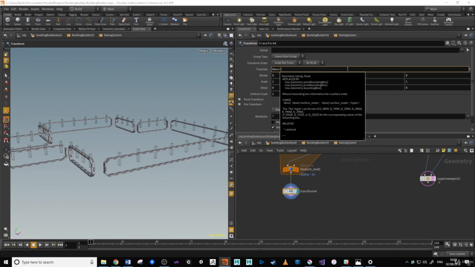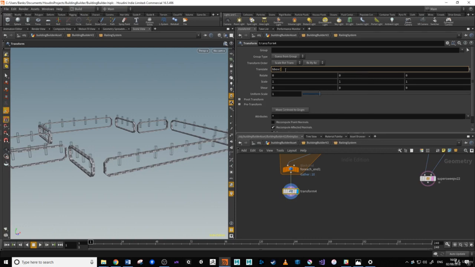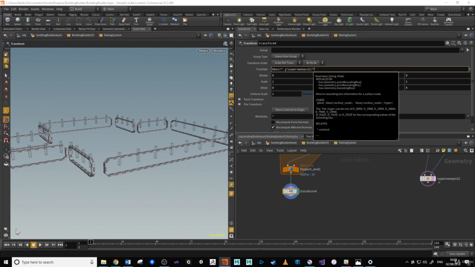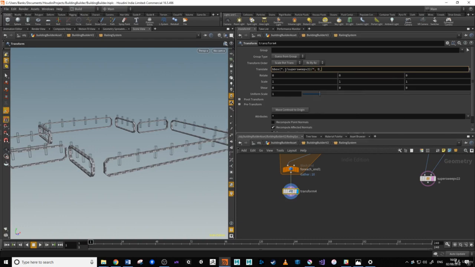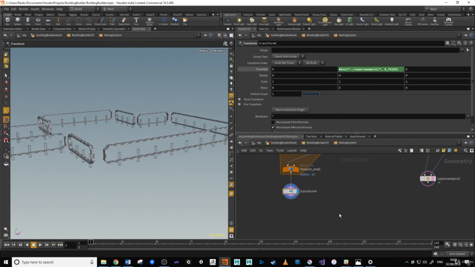And then we're going to provide it, as you can see here, it requires a surface node, so it requires us to reference this super sweep here, and then a type, and then it says it can be xmin, ymin, zmin, etc. So the node that we're interested in is super sweep v22. Make sure you pick the right one from that list. Close out the quote marks, and the second parameter of this is dy size, and close that off. Okay,